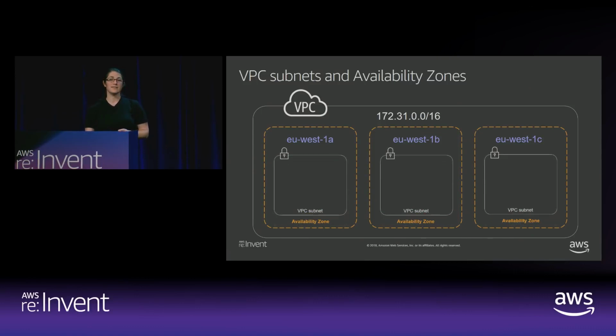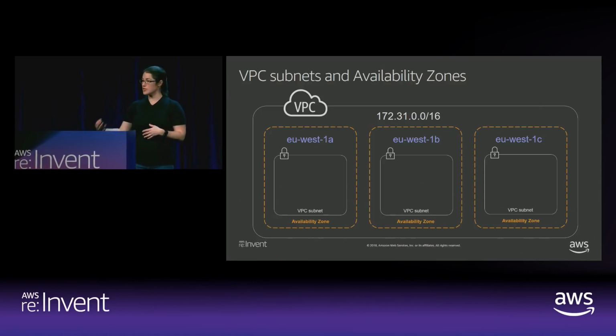So you create subnets, and your subnets are limited to one availability zone each. So then when you go to launch an instance, you provide the subnet that you want to use. When you create an RDS database, you provide the subnet that you want to use. And you're basically saying, here is the availability zone that I want you to use. Again, you use CIDR notation to carve out a sub-range of that